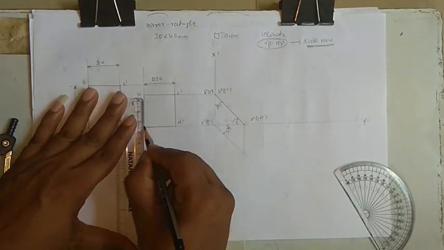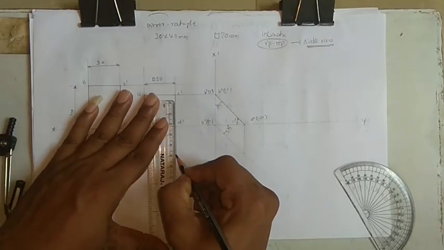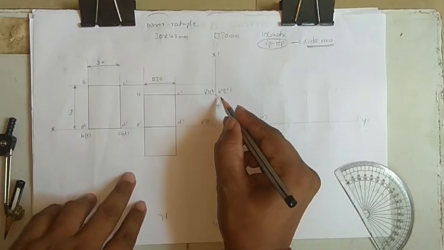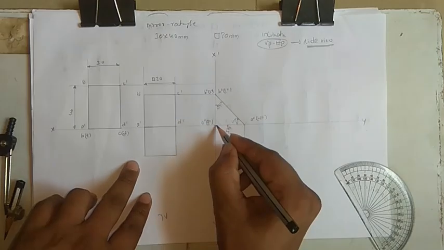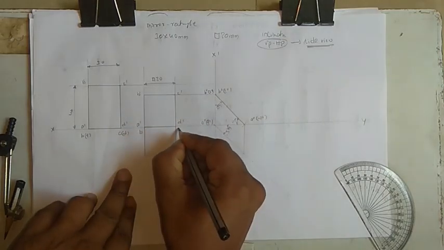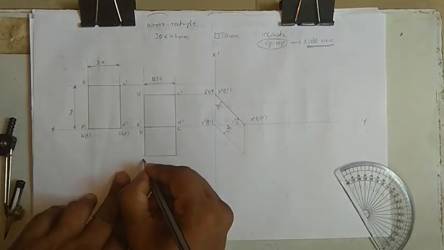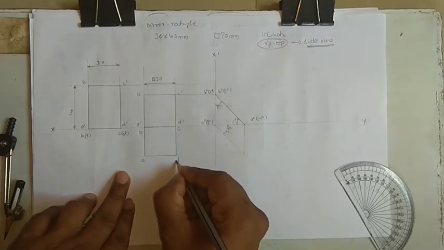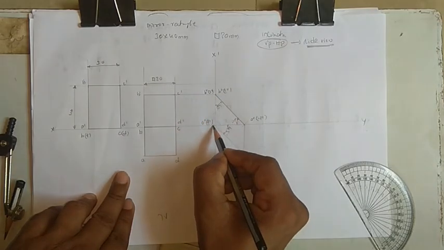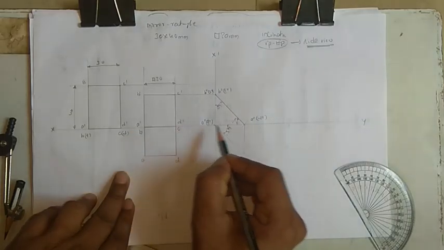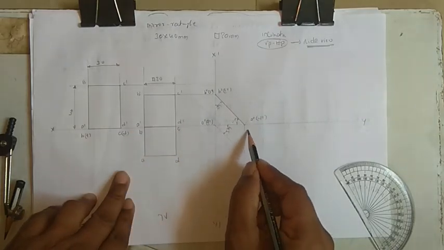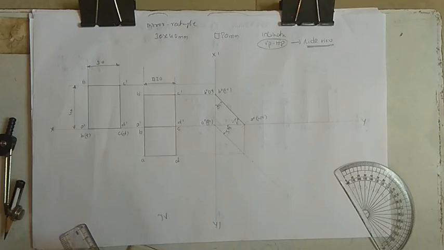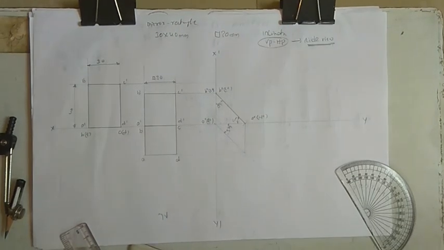Okay, so now darken this, and darken this. Now you have to see, this BC is here, so this is B, this is C, and AD is here, so this is A and this is D. So you should be careful on this one. So this is the BC projection which is on the XY line, so BC will come here. So this is the projection of A and D. That is what you need to give importance to. Okay, so this is how exactly we can solve a problem on a mirror.